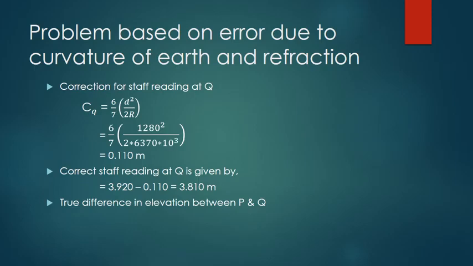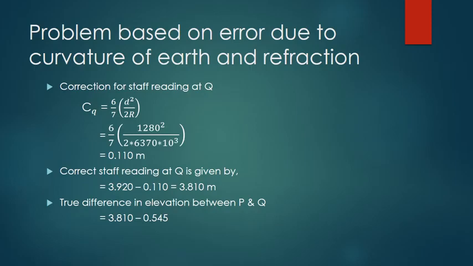Now the true difference in elevation between P and Q: we have the staff readings at P and Q. Q we have just found out, and for P the correction was very small and negligible, so we are taking the value given in the question for P as correct, and the corrected value of Q we have already calculated. So the true difference in elevation between P and Q is given by